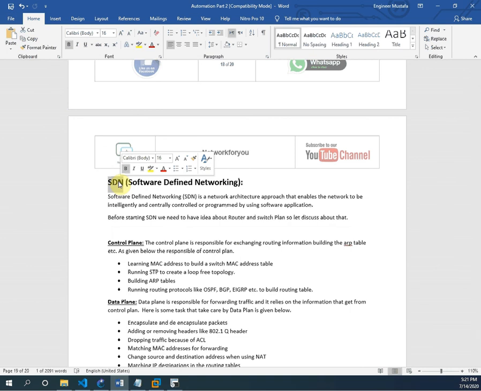Okay, so this is an advantage of Python and automation. With the help of automation we can configure and monitor a number of devices by sitting in one centralized location. No need to log in separately, like with SSH or Telnet. It automatically logs in with the script and creates the VLAN or runs OSPF, whatever you want to run. Okay, this is the basics. In our syllabus we don't have the detail, you just need to have the idea. So I am doing this.